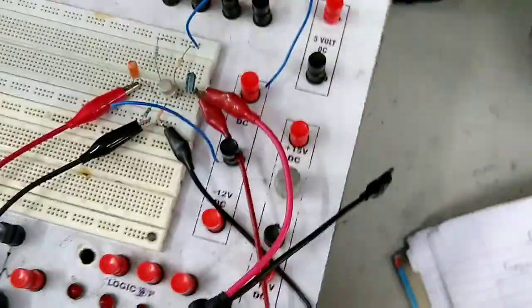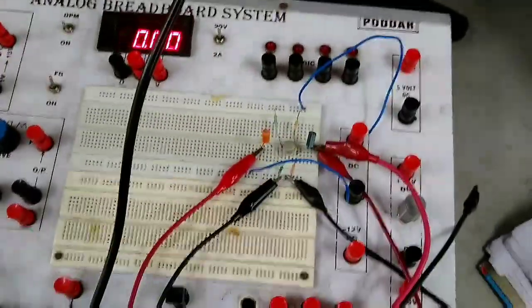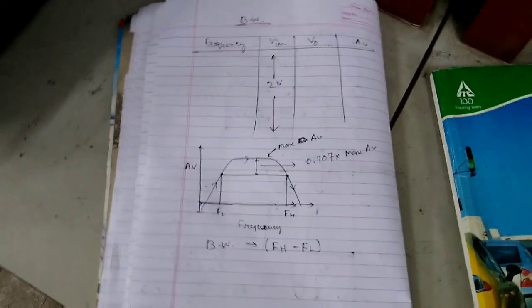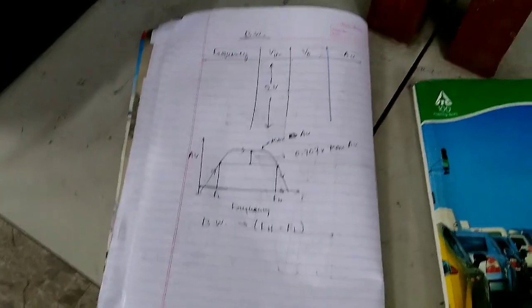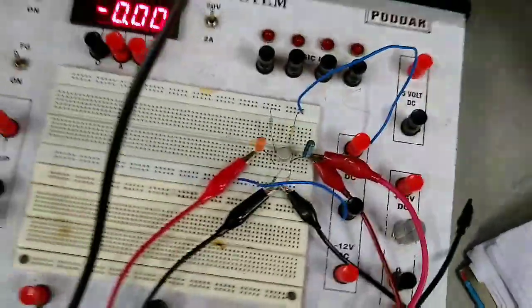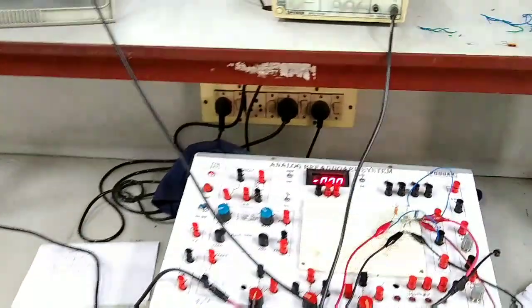So this is the experiment of the class A amplifier. I'll be uploading this video to the classroom. Again, I suggest you read the PDF document, listen to the audio file which describes the PDF file, and then go for the video. This is only the procedure to make the circuit and check the outputs, but the understanding of this circuit you will find in the PDF and the audio. Thank you.